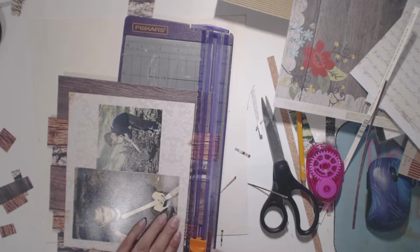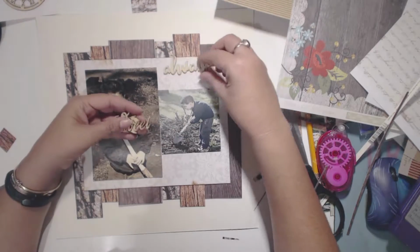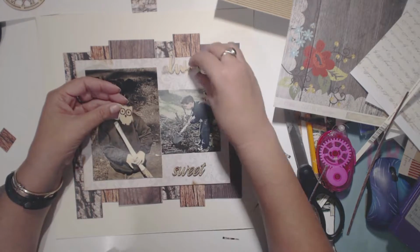I left a lot of this in, didn't I? I thought I'd cut all this out. Anyway, there it is. So now I'm working on my tie tool, and I do want to call it Always So Sweet